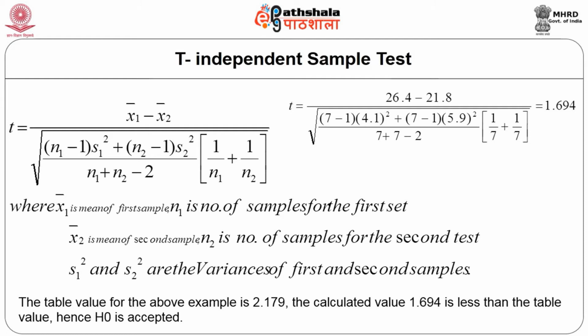Of course, we have a lot of software, and you can also perform this in Excel. But as far as the formula is concerned, whenever you are using the two independent sample t-test and assuming that the variations are the same, you have to use this formula and calculate the t-value, which we call the observed value. This observed value you will have to compare with the table value. If your observed value is more than the table value, you reject the null hypothesis. That means the means are statistically significant. If it is not, you accept the null hypothesis. That means both your experimental and control groups are yielding the same result.